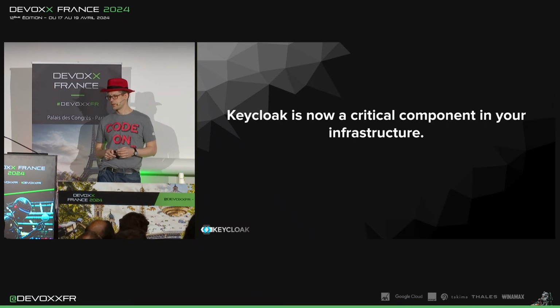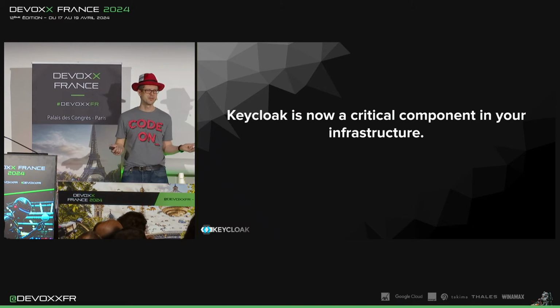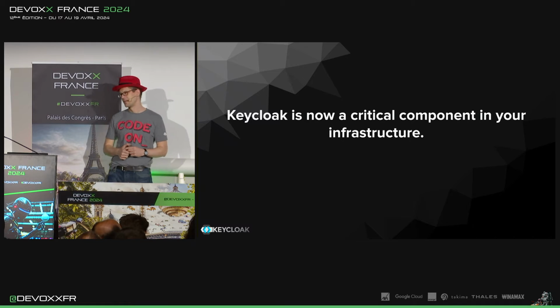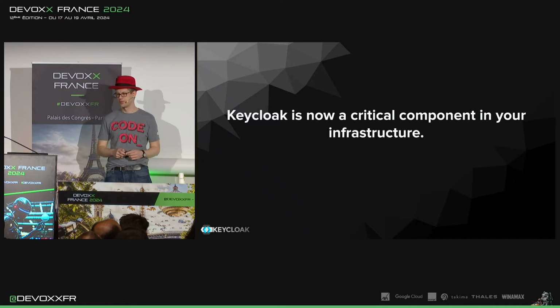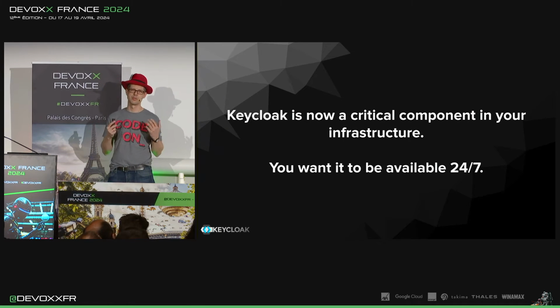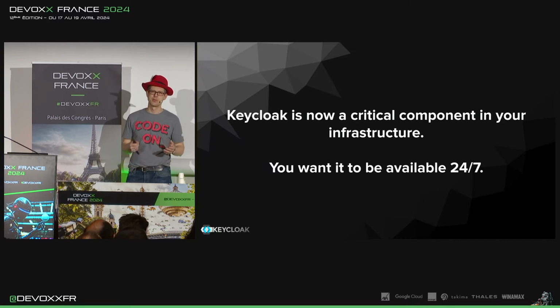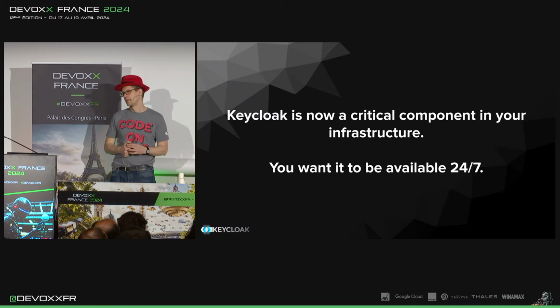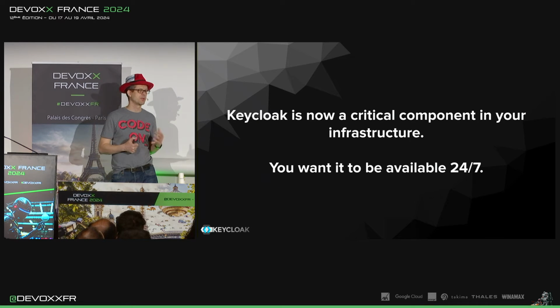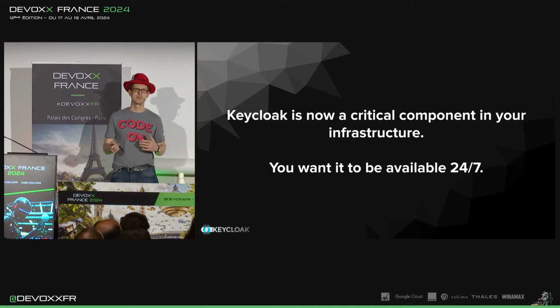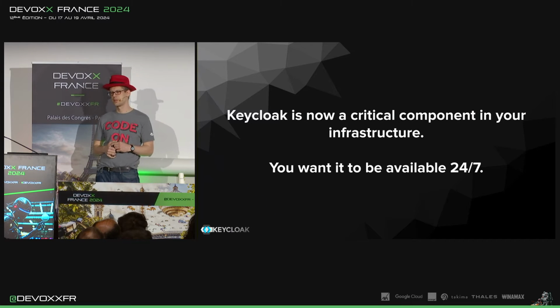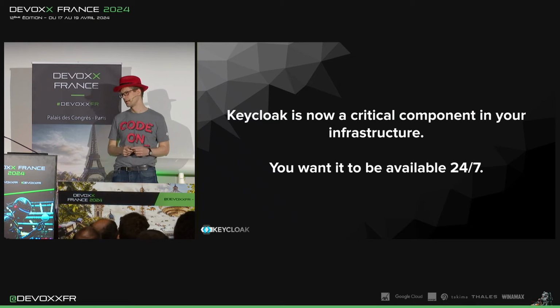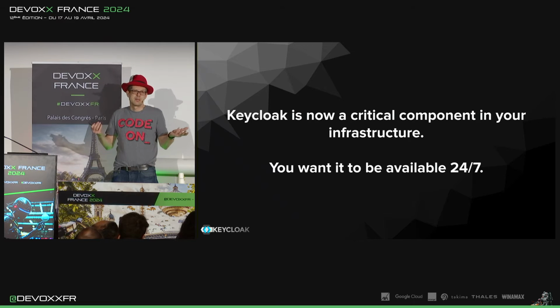So now Keycloak is a critical component in your infrastructure. So what to do now? You want to have it running 24/7. You want to do upgrades, possibly during the day, seamlessly. So you want to reconfigure a node and reboot it, and don't lose any user sessions, and users should still be able to log in. You might be legally required to have 2 data centers communicating with each other to have a highly available setup. So yeah, that's the next section of the talk.